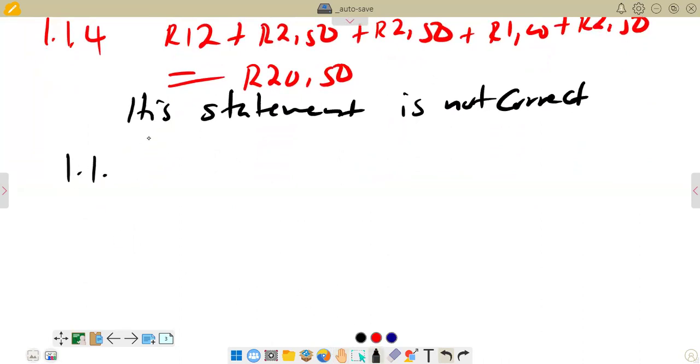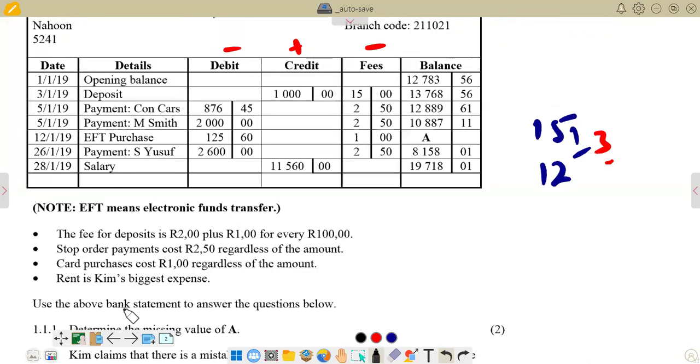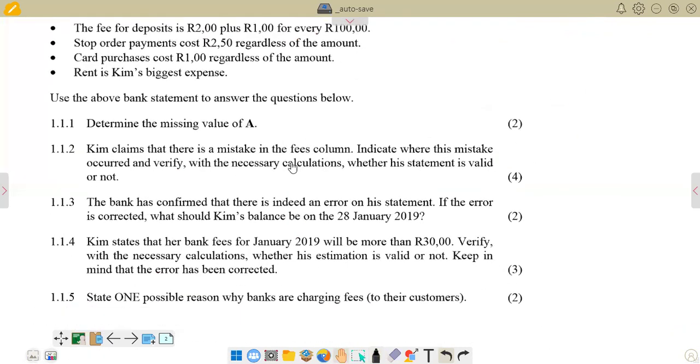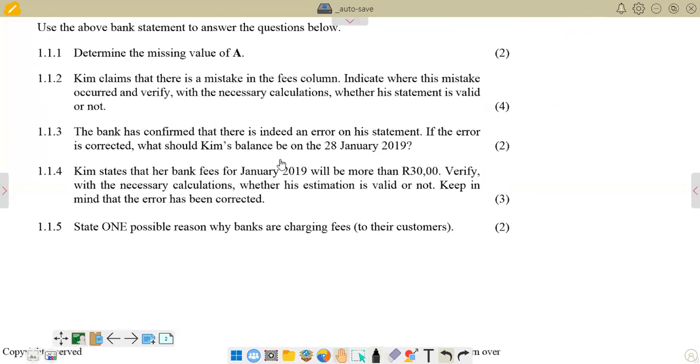1.1.5 is the next question. So we can go to the question and see what it asks us to do. That is the last part of the question. It is saying, state one possible reason why banks are charging fees to their customers. So basically, this is just a general question. Obviously, when banks are charging fees to their customers, they're trying to generate revenue. So this becomes one of the major reasons why